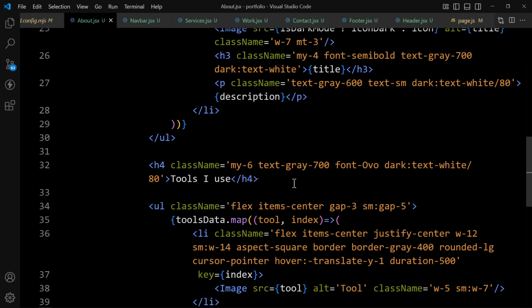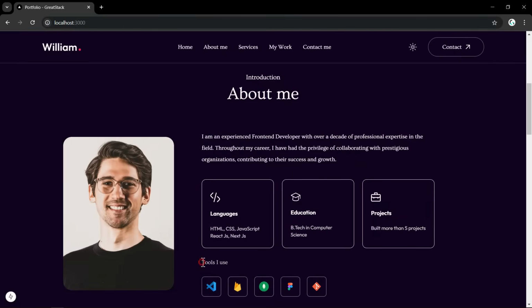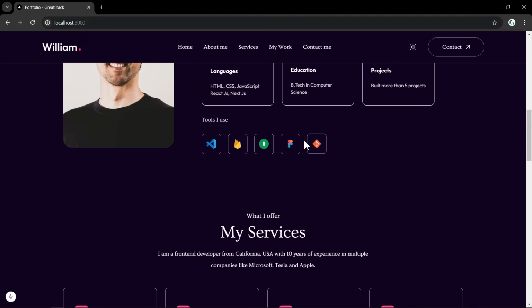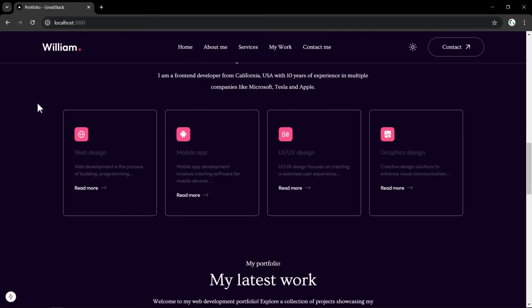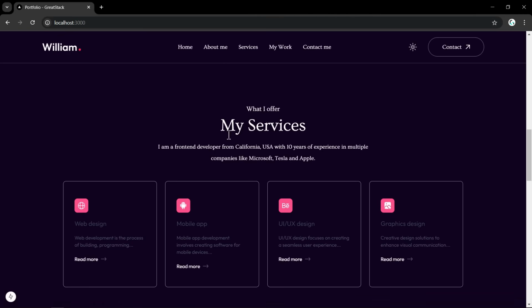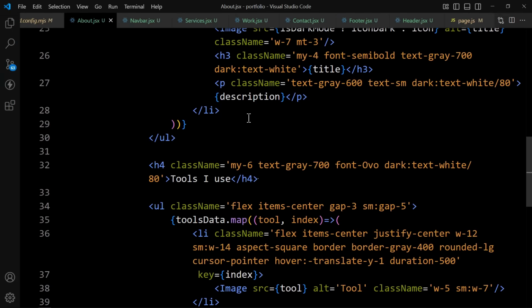Save the changes and come back to the web page. So this text is also looking good. We have added the class names in the dark mode for this About Me section. After that, we have to add the classes for this My Services section whenever the dark mode is on. For that, let's come back to the VS Code and open